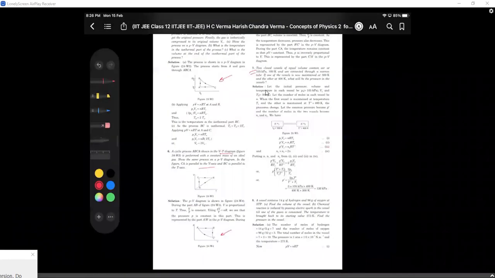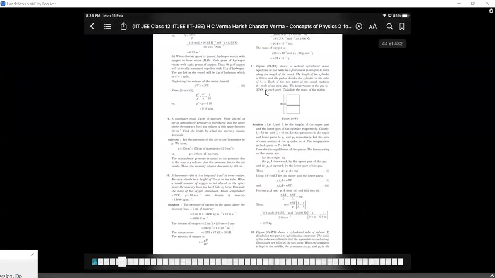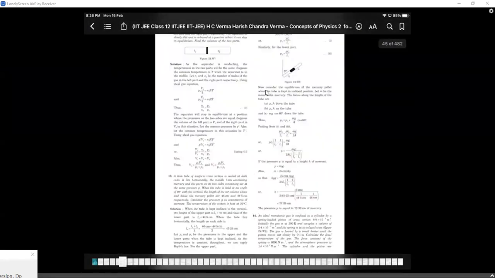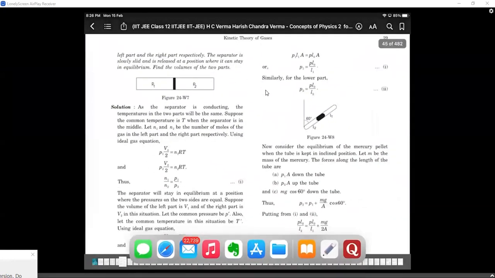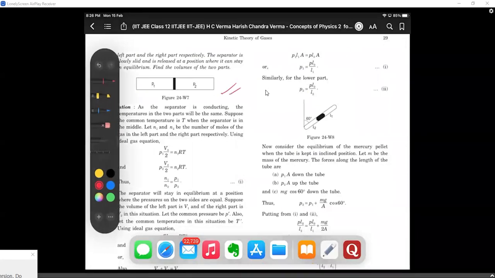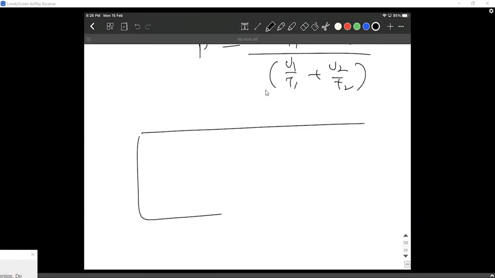Let me take you through more of these worked out problems. So that is a problem that we just did here. Again, the same kind of models: pressure is changing, number of moles is changing. These kinds of questions sometimes have two containers. Look at this question. There is a single container and there's a piston in between.